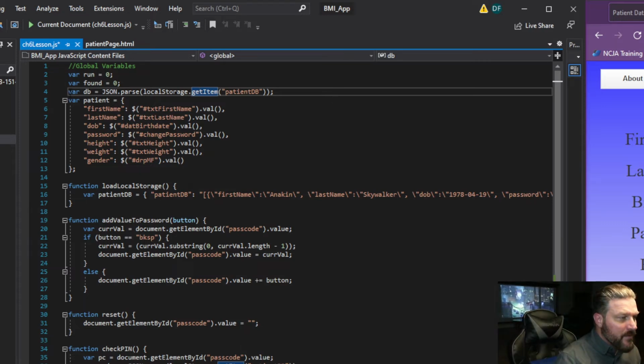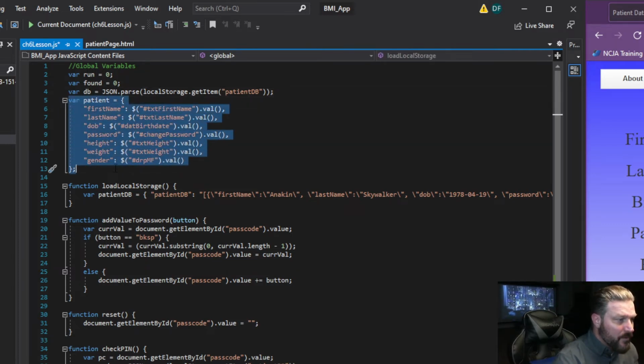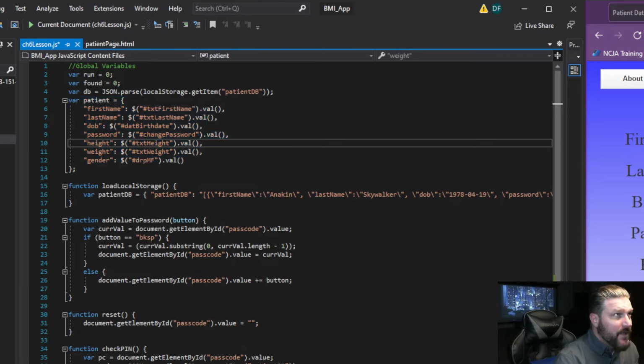This variable right here with this statement is going to pull the database out and stick it in this variable so that we can then reference that variable and iterate through it to find the data that we need. And then we have a patient variable that we will put information into later. So once you get these set up, scroll back down